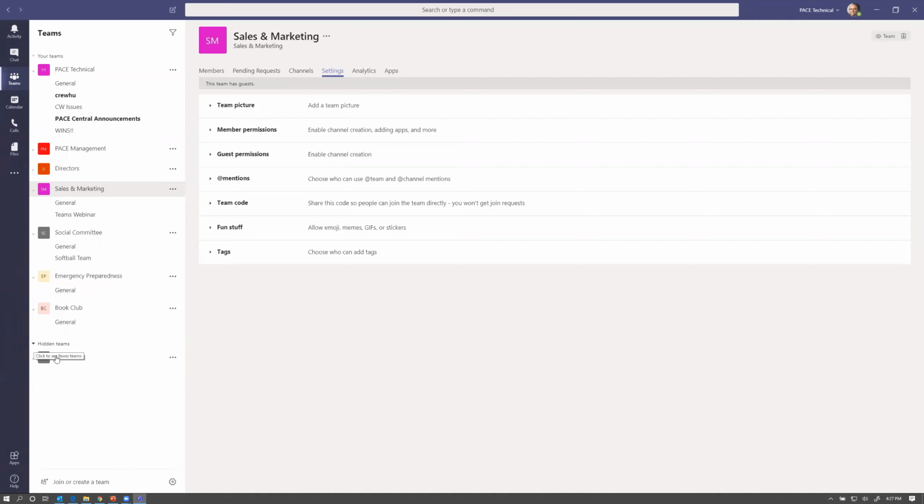I have one hidden team. This was a conference that several of us from our company went to and attended, and it was a great way for everybody to keep on the same page, communicate travel plans, lunches, dinners, things like that. Also a way for us to share notes and connections that we made at the conference. But the conference is over now. I don't need it at the moment, but I'm still not ready to delete it, so I just hid it for the moment. If I wanted to, I can click on this show button right here and it would come right back up into my regular view.